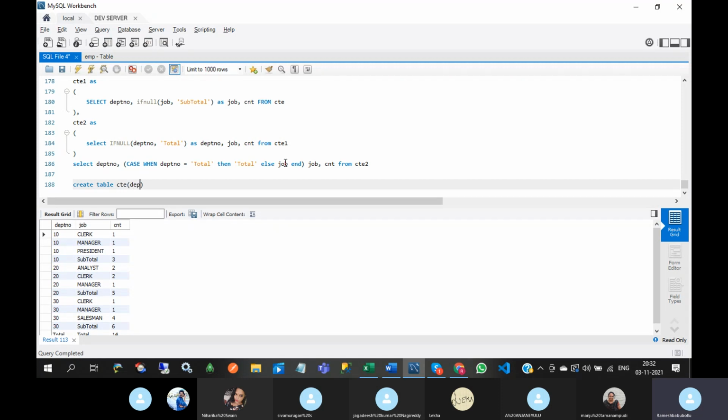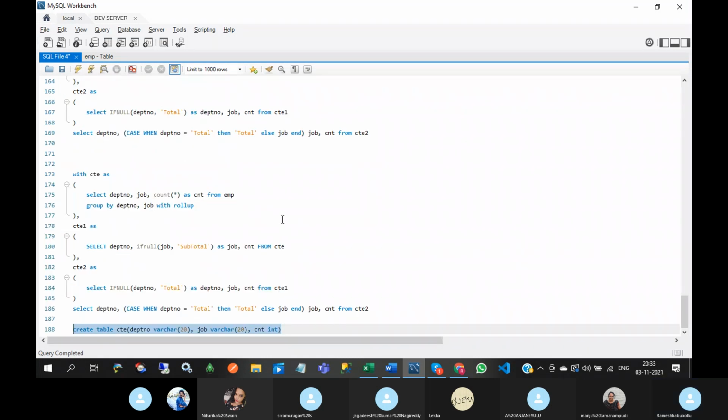Column names are DEPT number, integer; the rest are all varchars. Job, varchar of 20, count, it is integer. So I am going to create one table. Okay, now the table is created.